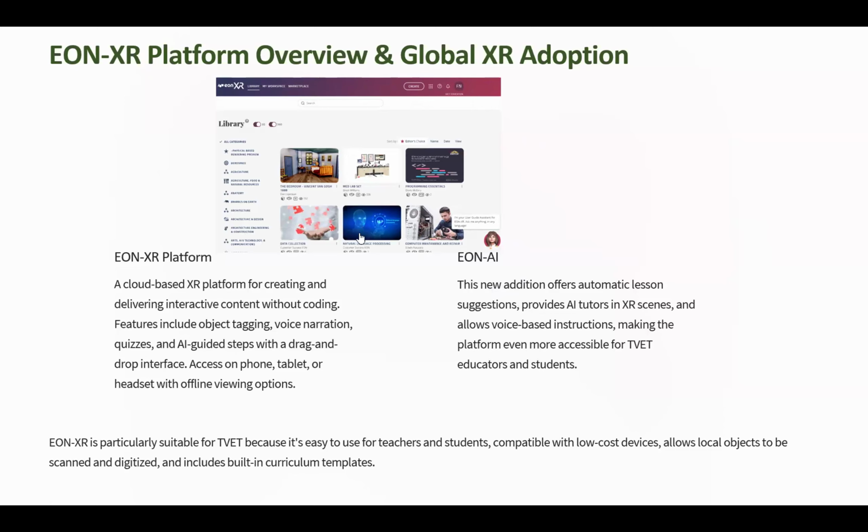Then we have 360, she talked about the 360 media, the panoramic images or videos that enable users to explore scenes in all directions. These are commonly used in virtual tours, field-based learning, constructional storytelling, allowing various viewers to look around an environment using a mouse, touch screen, and maybe VR headsets. So she has done this.